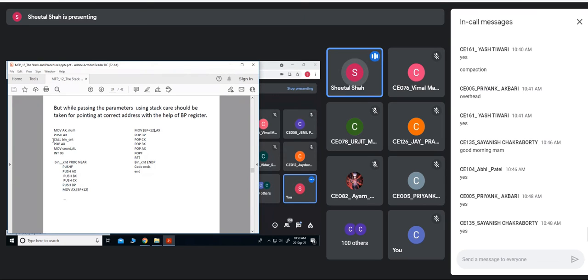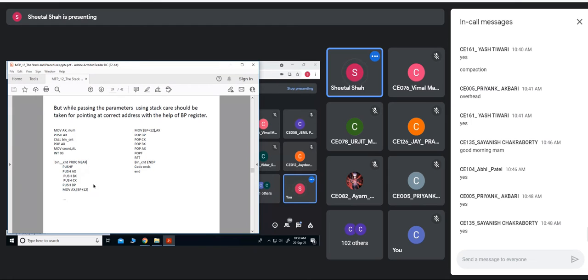Okay. Then we call the function which would convert a binary number to its corresponding BCD value. Fine. So when it calls, since it is a near call, the IP value would be pushed onto the stack. So you can see that this is my procedure, bin_count. This is the name of the procedure. And PROC is my assembler directive, which indicates the start of a procedure. And since it is a near procedure, I have to write here NEAR. If it were a far procedure, then we would write here FAR.